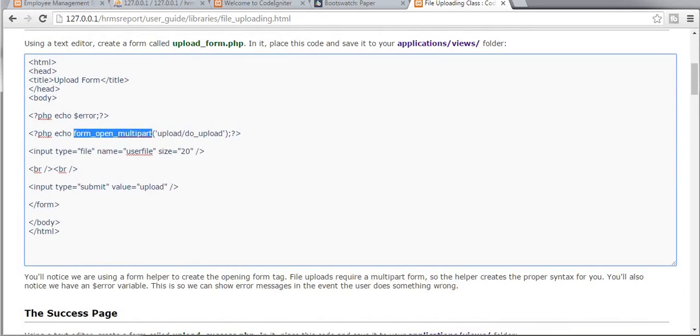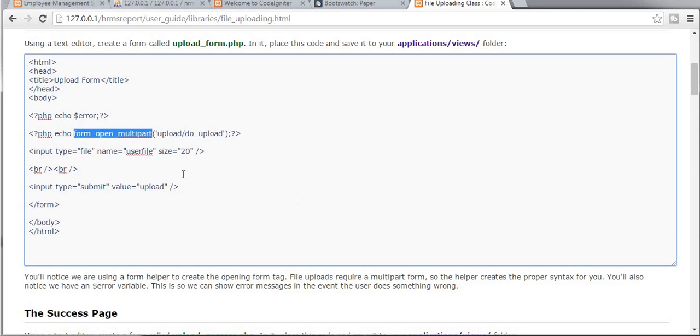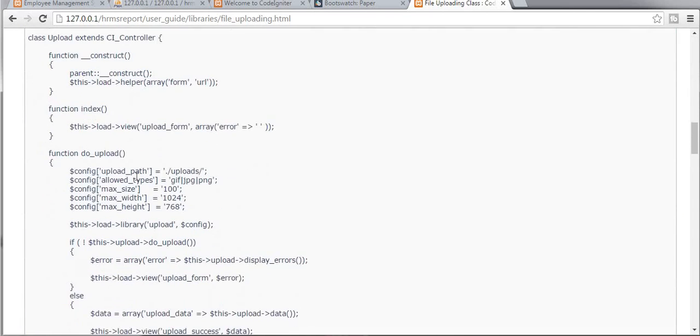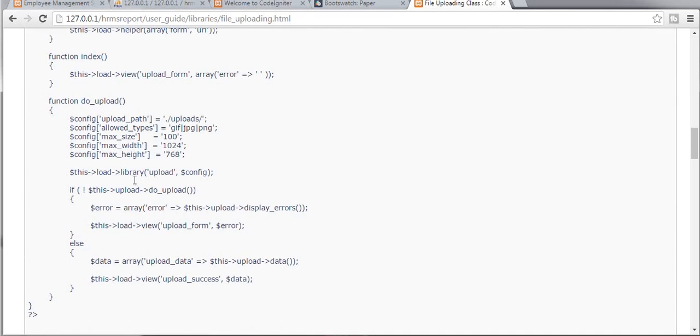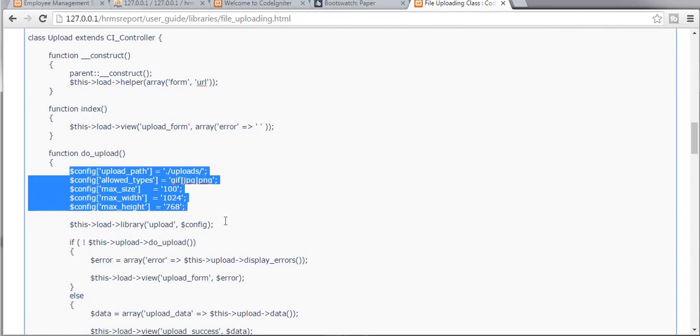Just copy this and come to your EMP personal details and change this form open to form open multi-part, and come back again here, and here they have given a small example of how we can use a form upload method. So let's just copy this,